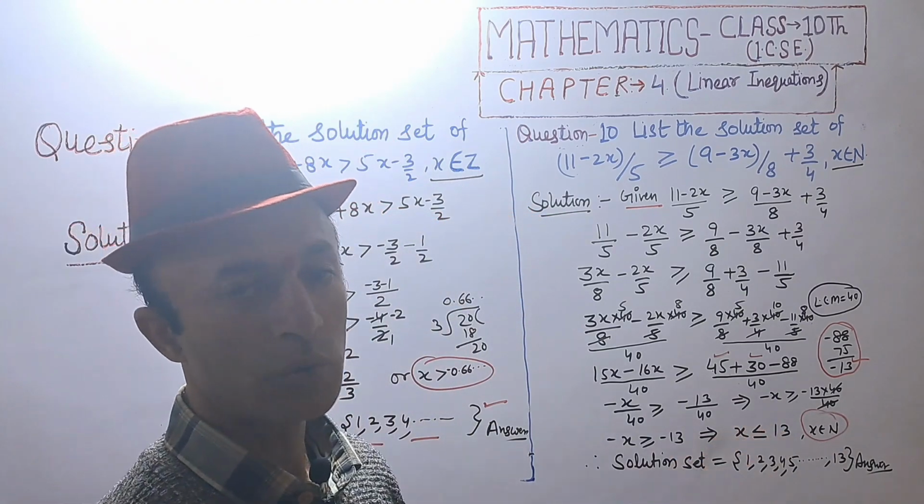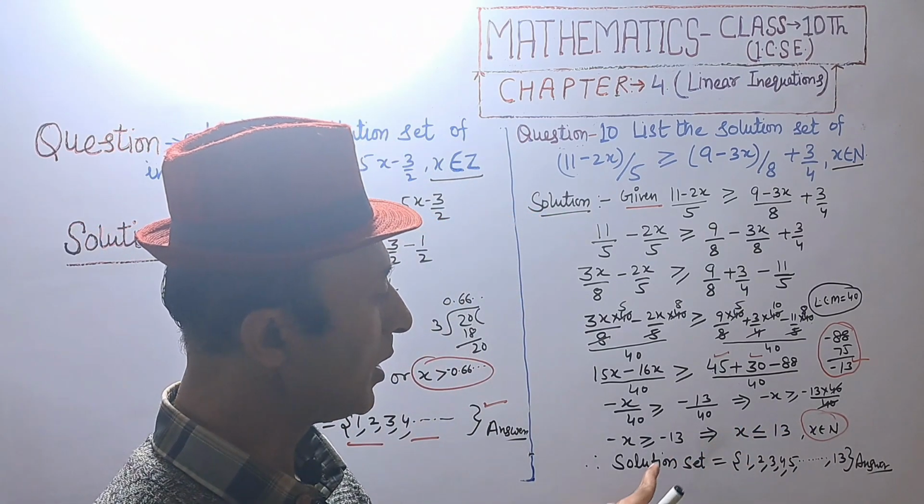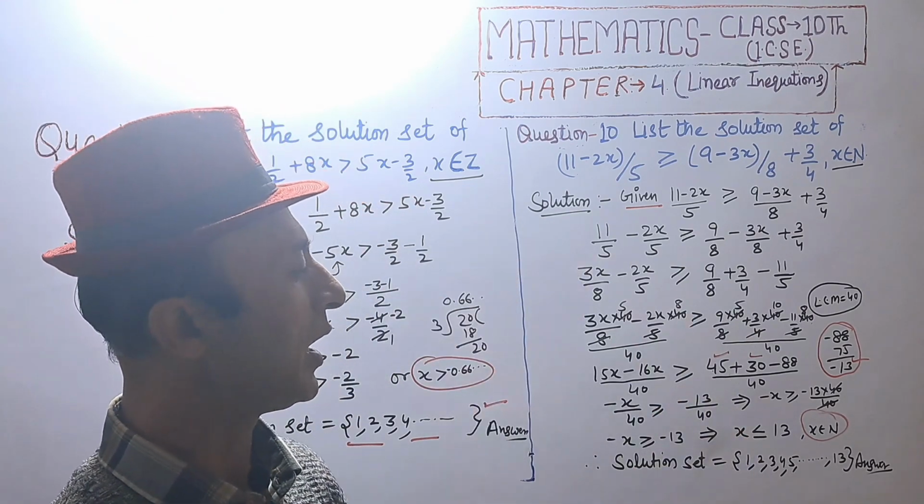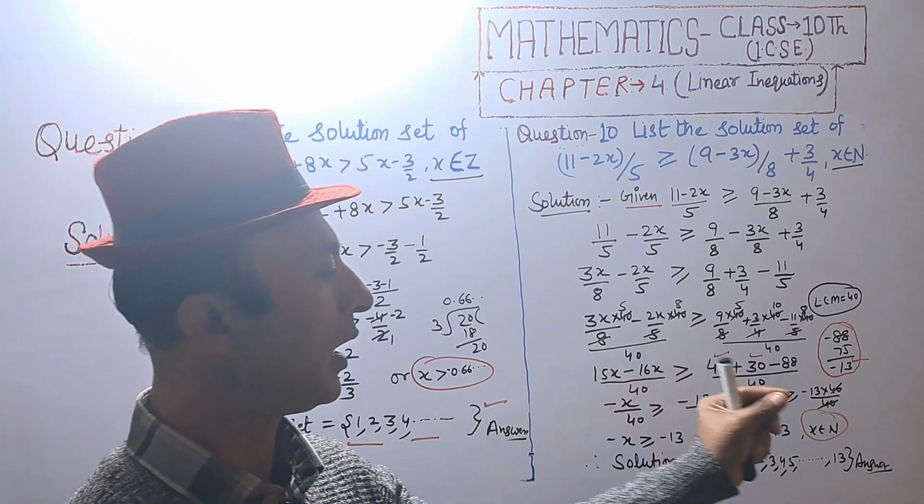x is less than or equal to 13. So solution set will be 1, 2, 3, 4, 5, 6, 7, 8, 9, 10, 11, 12, 13, and last